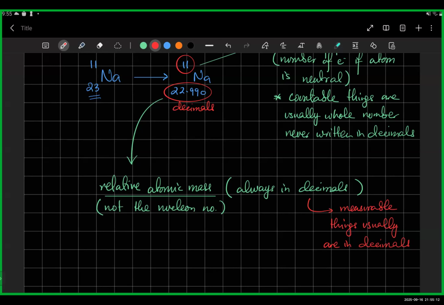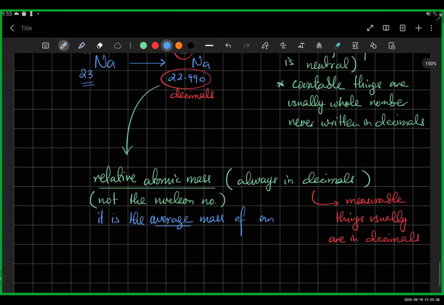So relative atomic mass is you trying to measure the mass of a sodium atom, right? And what's the definition of relative atomic mass? The definition is that it is the average mass of an atom. Focus on the word average. It doesn't have a fixed mass. Average means a lot of sodium atoms are going to have varying, differing masses. So it is the average mass of an atom,